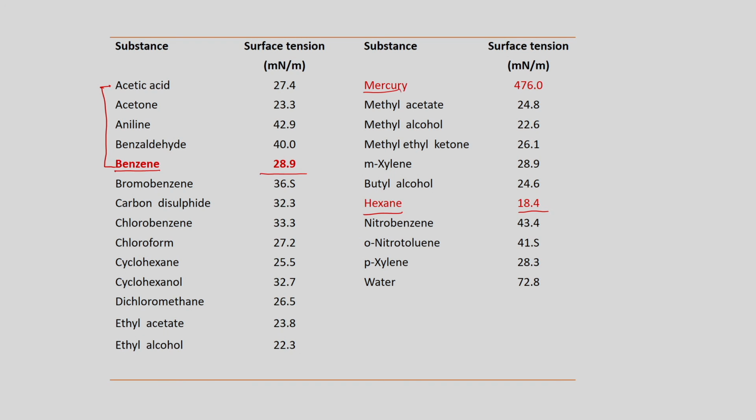As you go to higher and higher values, for hexane also, to increase the unit surface area of the hexane surface requires an amount of energy. So, all these values are the amount of energy you need to spend in order to create a unit surface area. The toughest will be to do it in mercury, the easiest will be to do it in hexane. The values in between include benzaldehyde, an aldehyde, which is pretty high. Water is 72.8. So, to create a unit surface area of water, you require this amount of energy. These units are all in millinewton per meter.